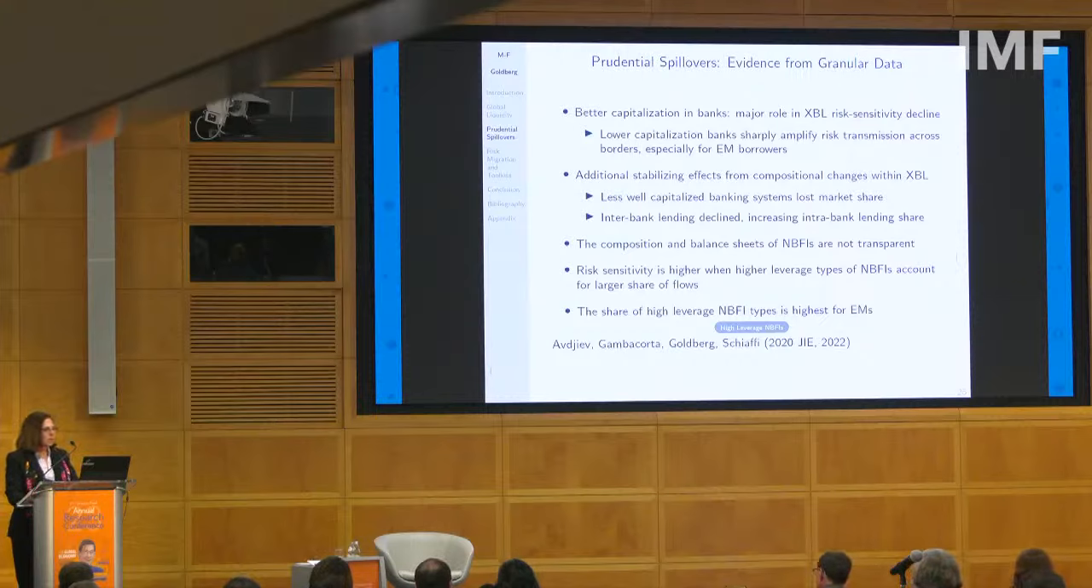Additional stabilizing effects have come from compositional changes within cross-border lending activity. Less well-capitalized banking systems lost market share after the global financial crisis as they focused more on balance sheet repair. In addition, the short-term and more volatile cross-border flows vis-a-vis unrelated banks abroad, this is the interbank lending, has declined, increasing the relative importance of intra-bank lending